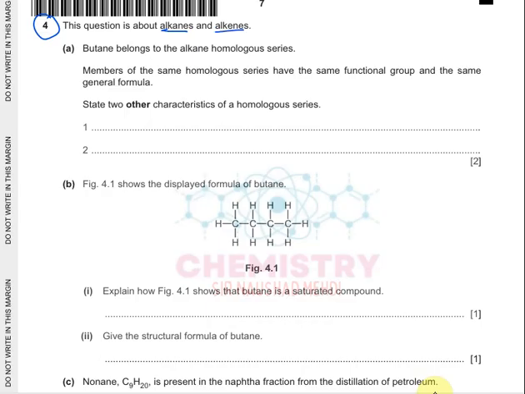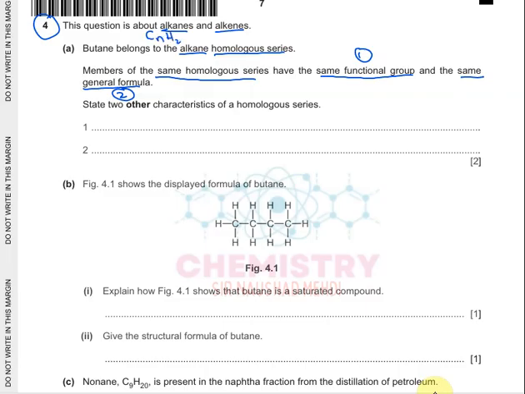Butane belongs to the alkane homologous series. Members of the same homologous series have the same functional group and the same general formula. So two of the characteristics of the homologous series are given to you. All the members in the homologous series have the same functional group, and all the members have the same general formula. For example, for the alkanes, if you want to make the homologous series of alkanes,